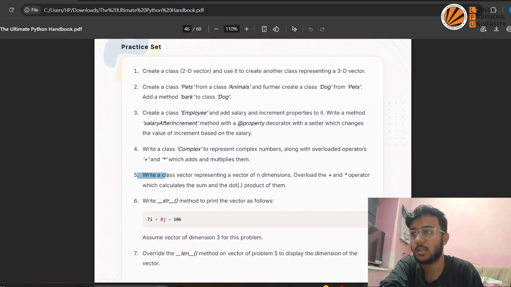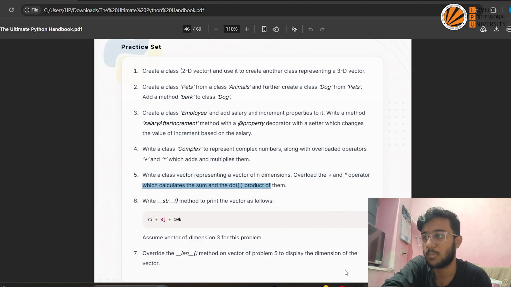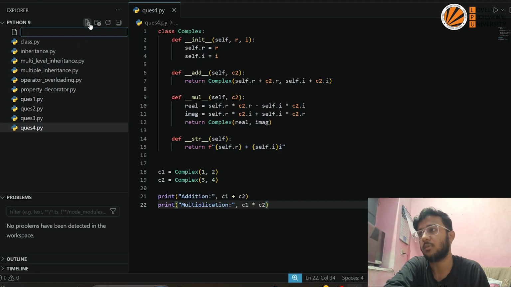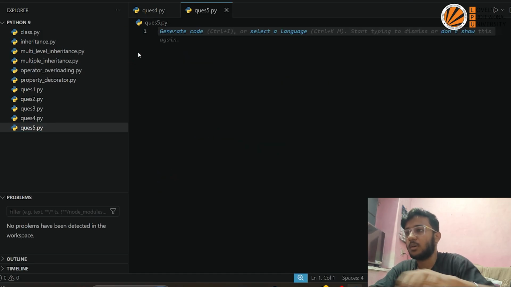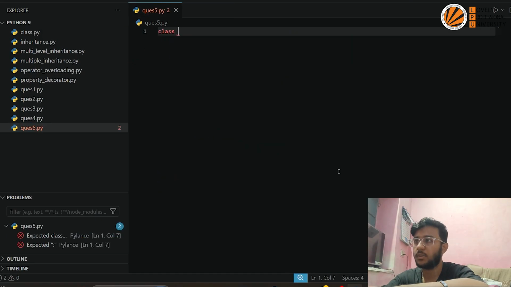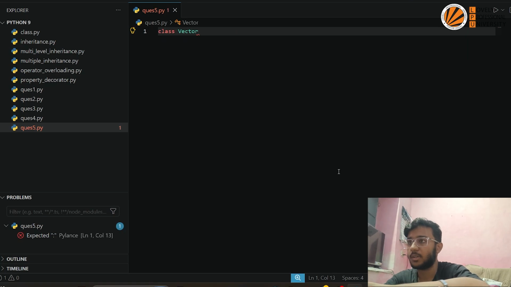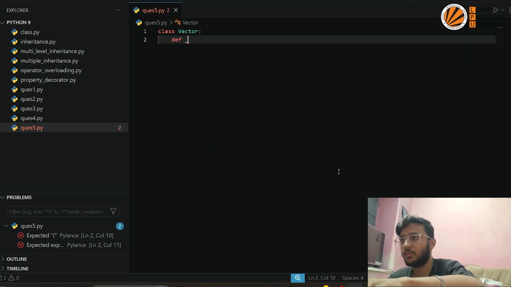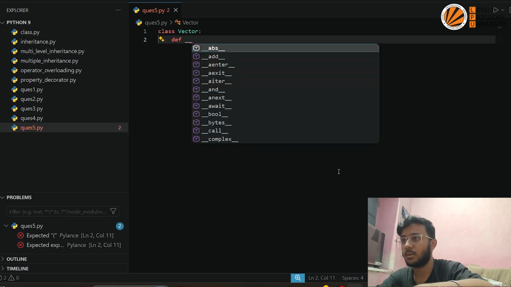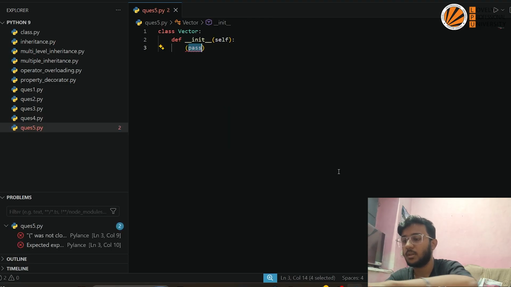Moving ahead to the fifth question: write a class Vector representing a vector of n dimensions. Overload the plus and multiplication operators which calculate the sum and the dot product of them. So I have to now give the sum and dot product. Now here firstly let's just create a class Vector, then give it def __init__